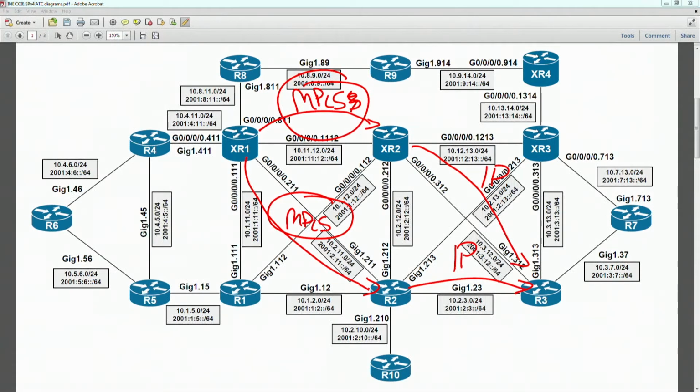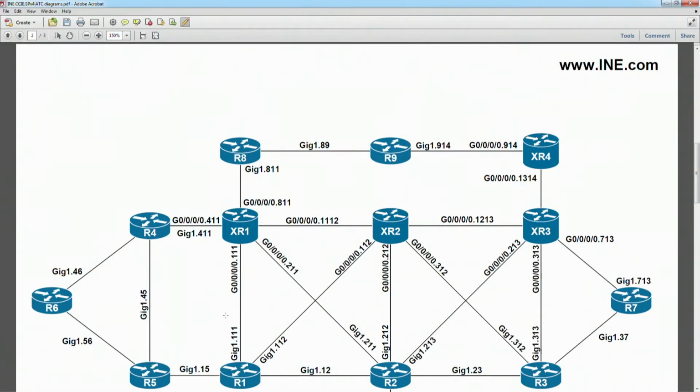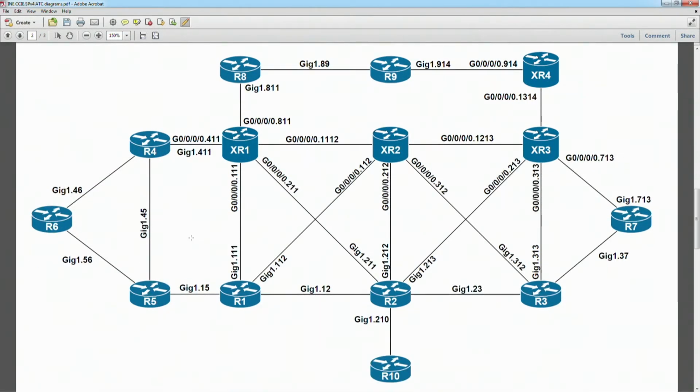Okay, so there are some questions here. Is it correct that there will be only one LDP session between two peers regardless of how many connected links they have? And what happens when the interface through which this peer was discovered goes down after the TCP session between the peers was established, and there's another direct link between them, and this link is not running tag switching at all? Okay, so the question is, let's say between router 1 and XR1 that we're going to add another